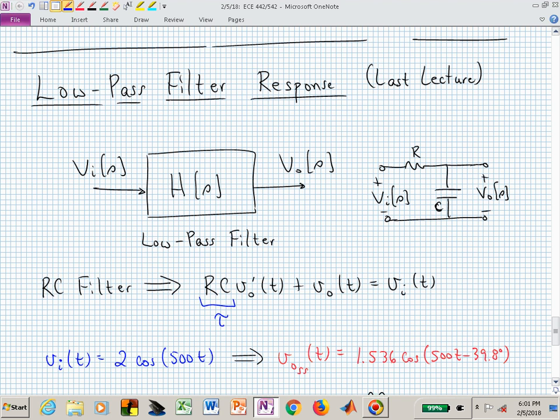All right, here was a first order. We ended up with a first order differential equation relating the output voltage, the voltage across the capacitor, to the input voltage applied across the series combination of the resistor and capacitor. And I think last time we excited it at 500 radians per second in the continuous time setting, and we figured out that for a filter that had a bandwidth of about 100 hertz,